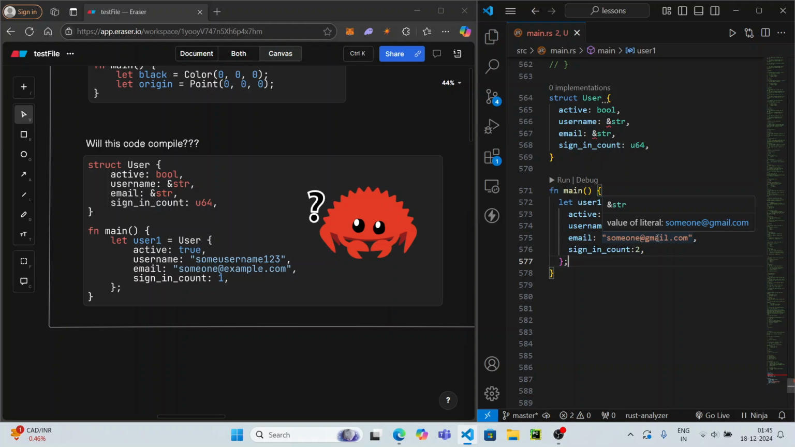Now, what if that string, which is declared somewhere else in our code, goes out of scope? Then inside the user one, the username and email fields will become invalid, and hence the user one reference will also become invalid. Now, this is a big issue because we might actually be using the user one reference in the future in our code. So, in order to prevent this, Rust won't let us do this without specifying the lifetime parameter